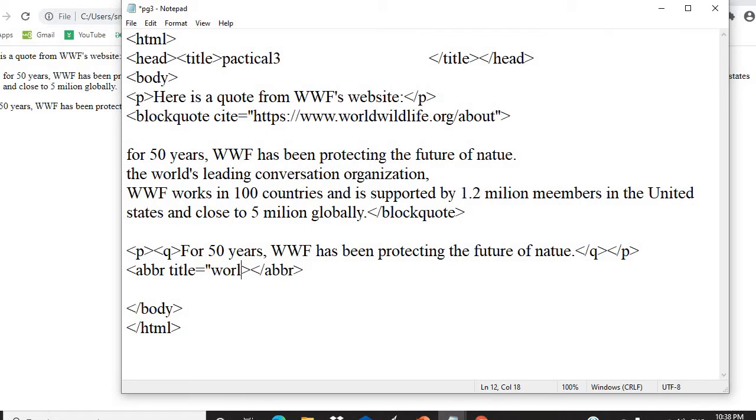For example, World Wide Web, and my text is WWW. Close that. Close your abbreviation over here. WWW was found in all over the world.